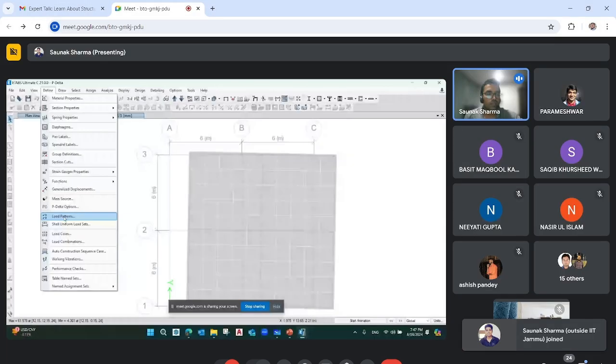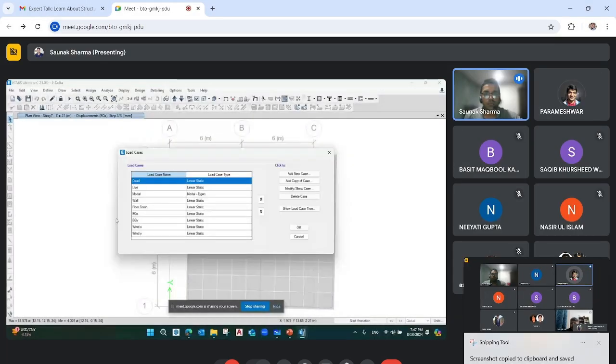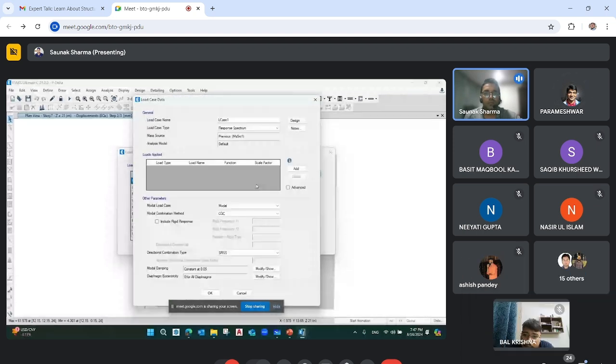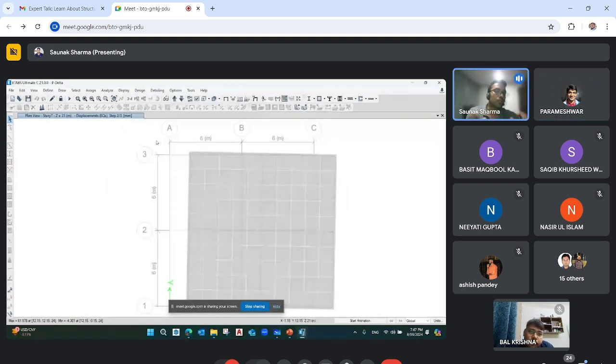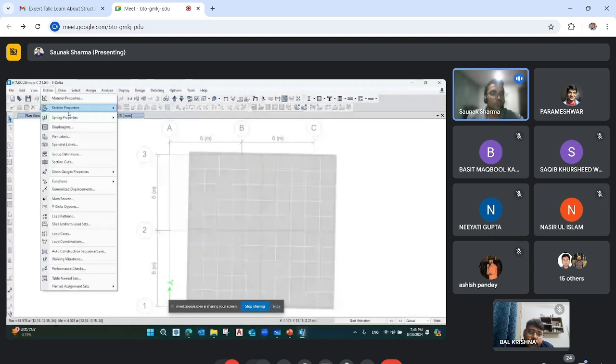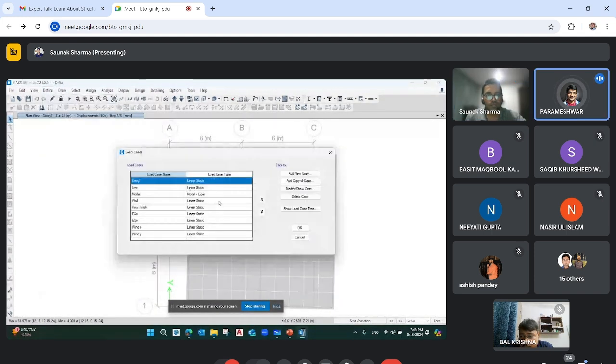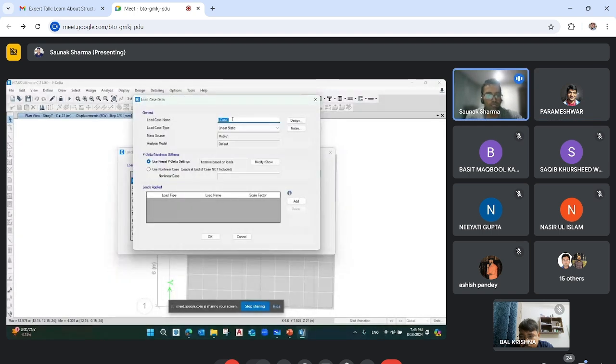डिफाइन में लोड केसेस में अगर हम जाएंगे तो न्यू केस में इधर रेस्पॉन्स स्पेक्ट्रम डाल के इधर हम 19860 डालते हैं। ये कह रहे हैं सर। हाँ, वो ये तो रेस्पॉन्स स्पेक्ट्रम ही हो गया। ओके सर, तो यहाँ पे हम 0 डालिए, 1 डालिए, कुछ फर्क नहीं पड़ेगा। लास्ट में हमें क्या चेक करना है, मैं करके दिखाता हूँ। हाँ सर, थोड़ा सा इसको क्लियर करिए सर, इसमें थोड़ा डाउट होता है।